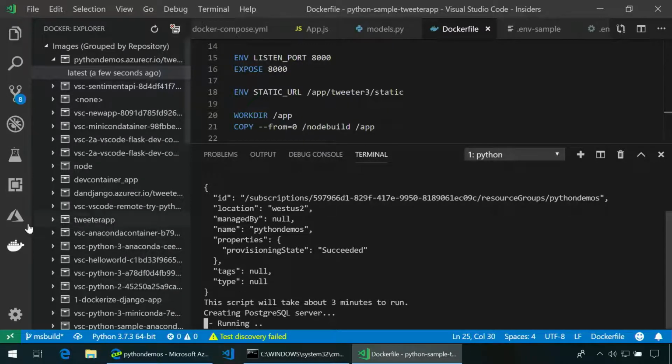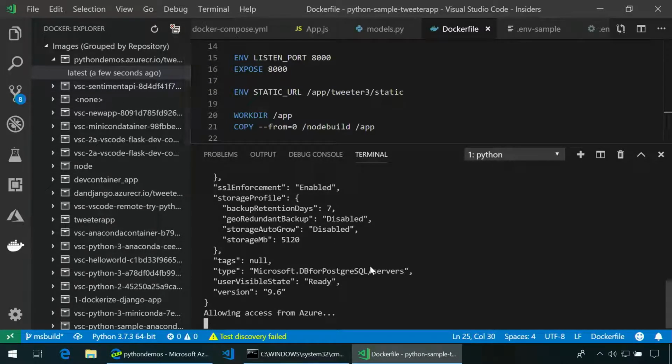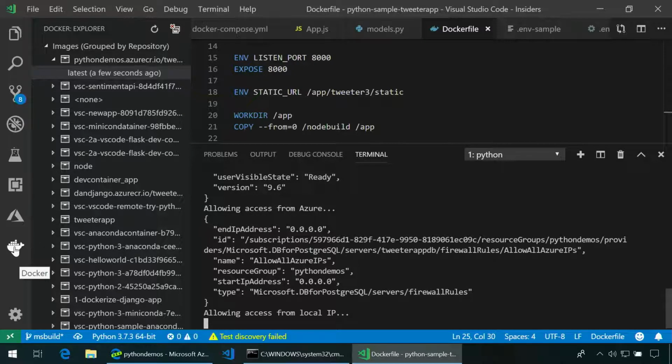All right. So while that's running, we can poke inside of our container. Oh, man, it finished just in time. All right. So this container is running locally, and I've got my database created. Now I need to initialize that database. When I ran this locally, I ran manage.py migrate to generate the database tables. I need to do that same thing in Azure. But I need to be running in an environment that has my environment variables, my passwords, and things like that